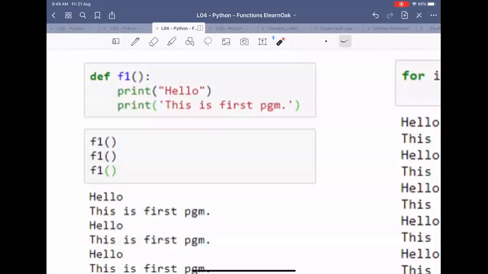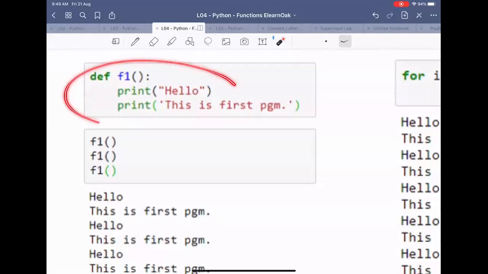Let me go ahead. We write the keyword def, for definition, and we write the name of the function, def f1. So this will be the function name, and we write open and close parentheses and a colon. So def, f1 the name of the function, open close parentheses, colon, and everything that you write after this point, which has a tab, some space from the initial point, will be part of the function.